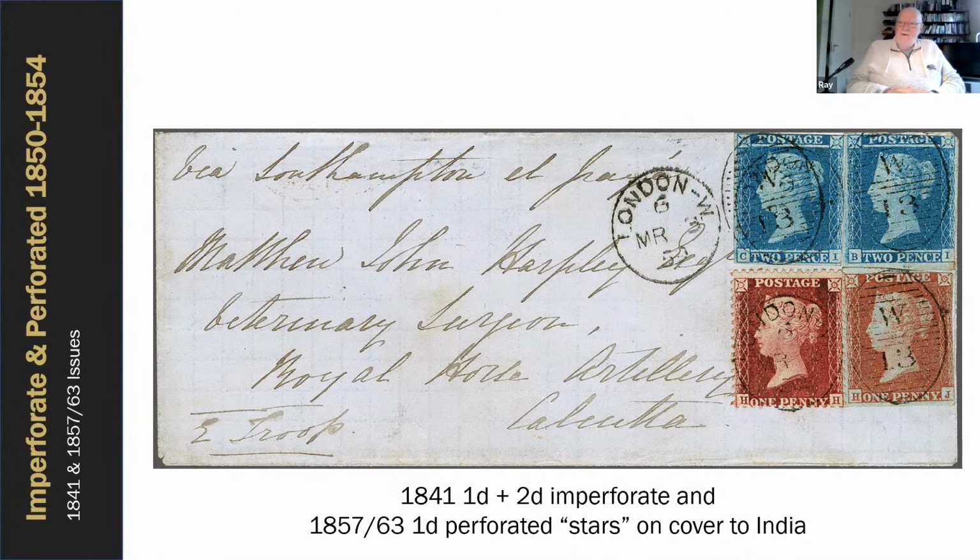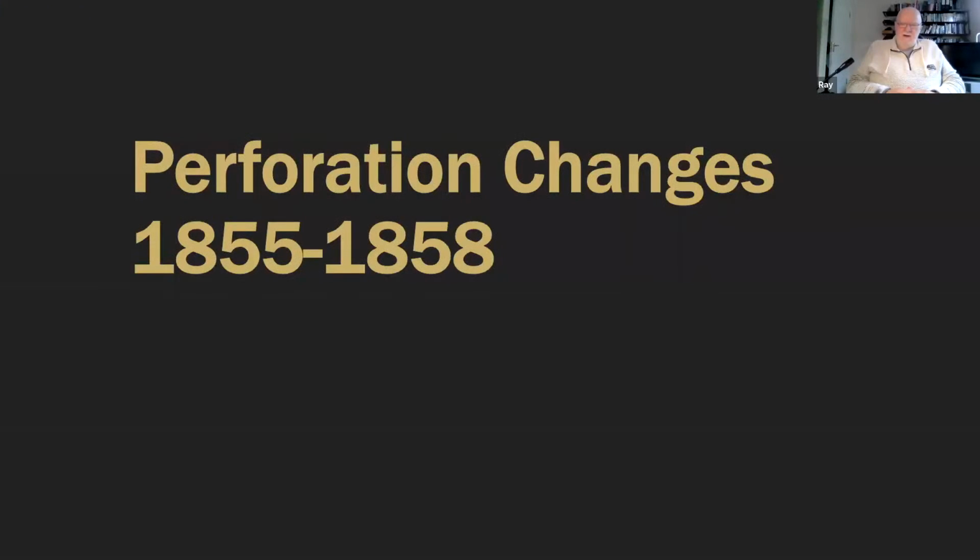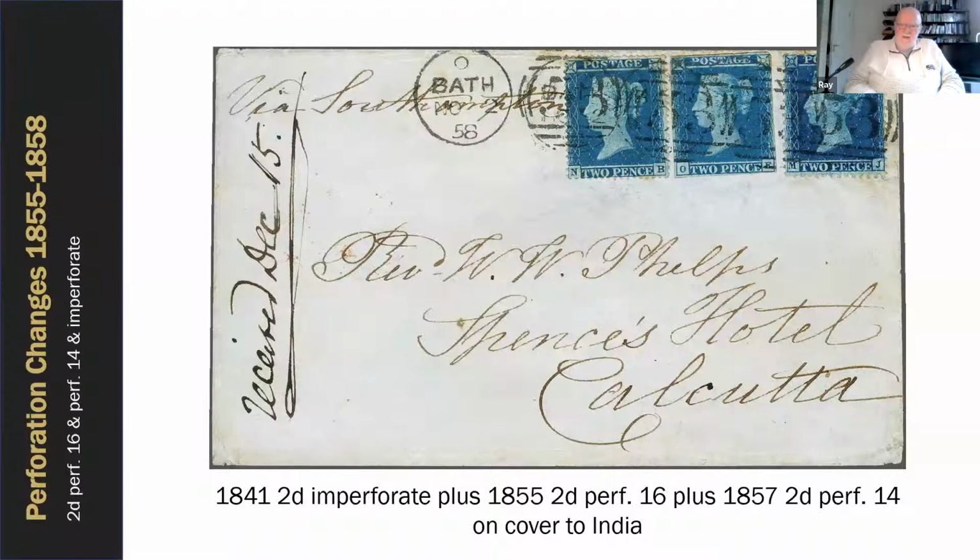I move on now from the introduction of perforation to perforation changes that occurred between 1855 and 58. Now, don't get worried, because there were only 2 perforation gauges used on British postage stamps at this time. One was perforation 16, the other was perforation 14. When it all started, perforation 16 was the